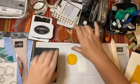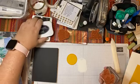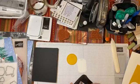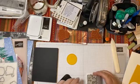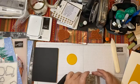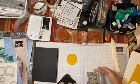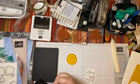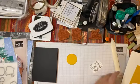So we have this label, and then I'm going to take the owl with the spider image, and I'm going to take some Tuxedo Memento Black, and I'm going to stamp it on here. It might hang off a little bit off the side, but that's okay. See, that turned out good. I'm going to take that. We're going